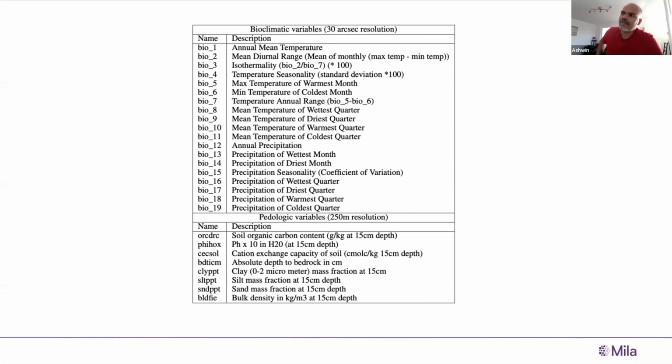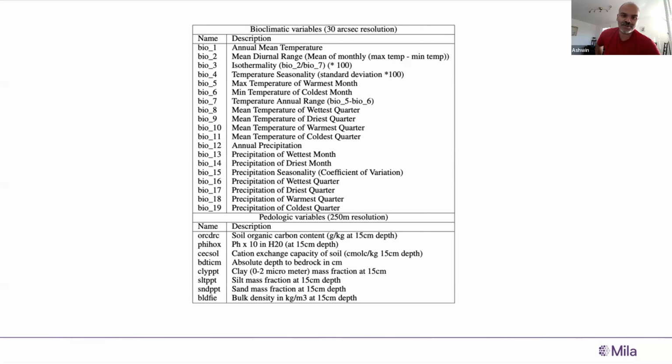Yeah, I was surprised to see that it is quite coarse. I'm from a weather and climate background, so I could think of other data sets which are finer, for example, reanalysis data. And I was also wondering whether air quality, like particulate matter, would play a role, but maybe people have already thought about this.